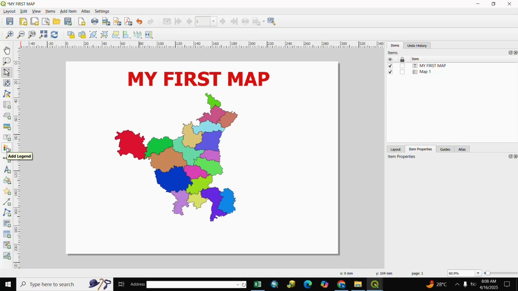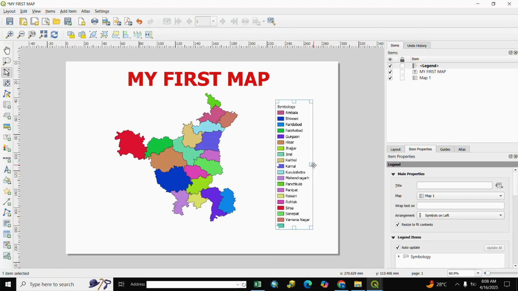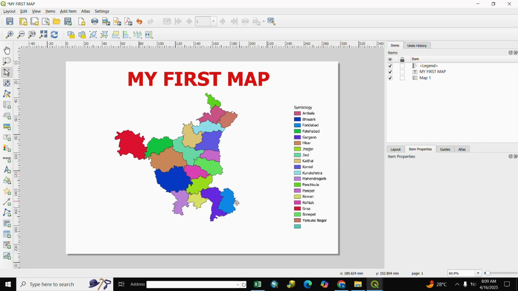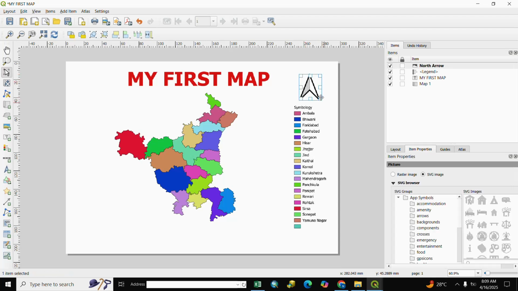Here is our legend. We click here legend and we drag here legend. Here is our legend and we adjust as per our requirement. After legend we go to north arrow. Here is north arrow. We click here and we put north arrow. Here is our north arrow and we adjust as per requirement